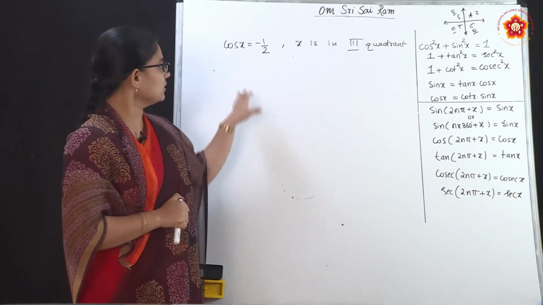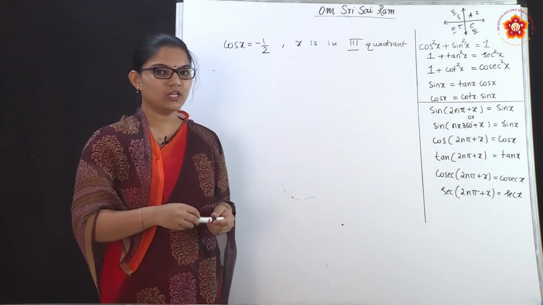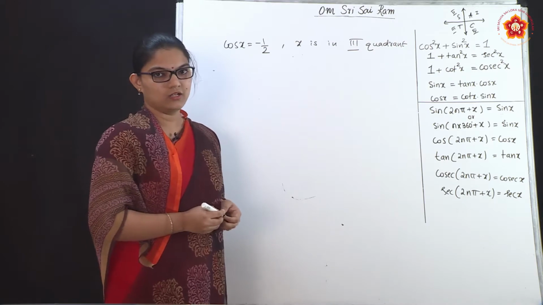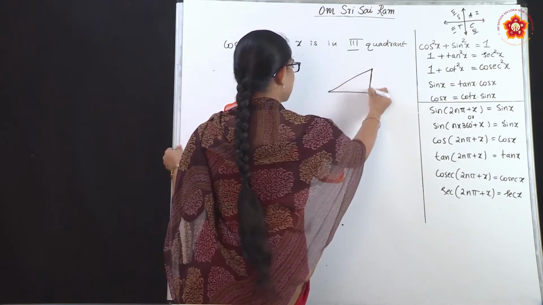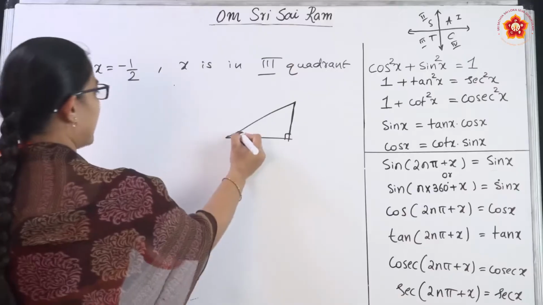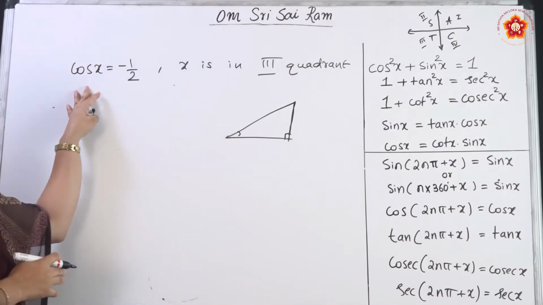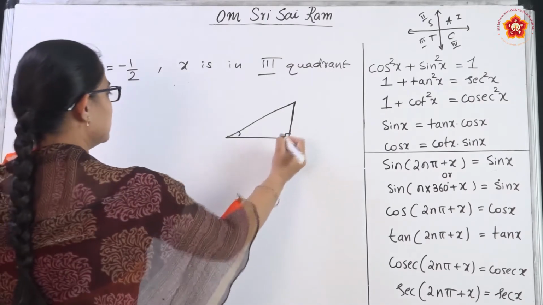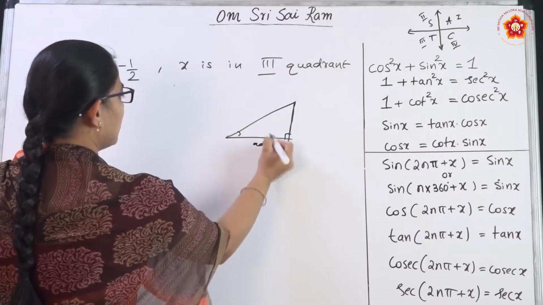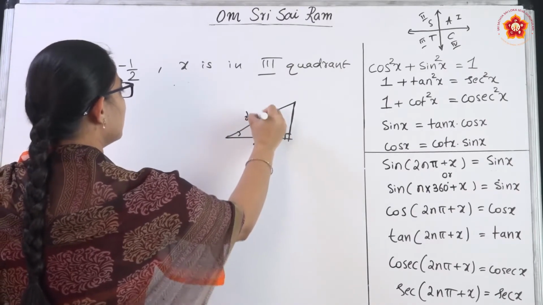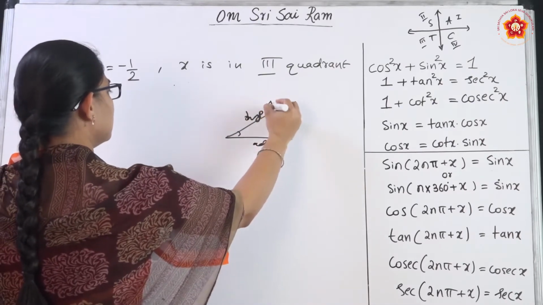We have already solved such types of problems in 10th grade, where you used the right angled triangle. You consider a right angled triangle where this angle is always 90 degrees, and you have some angle. You used the trigonometric ratios concept, where cos is adjacent by hypotenuse, where the adjacent side here is 1 and the hypotenuse is 2, right?